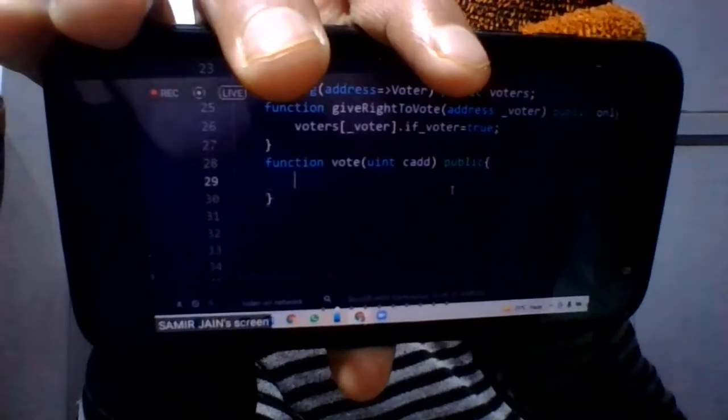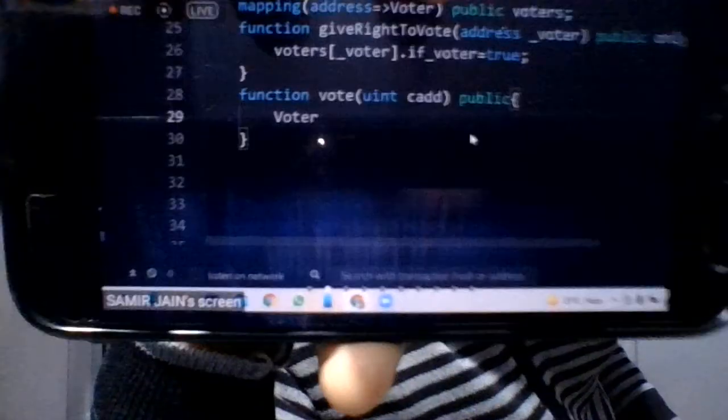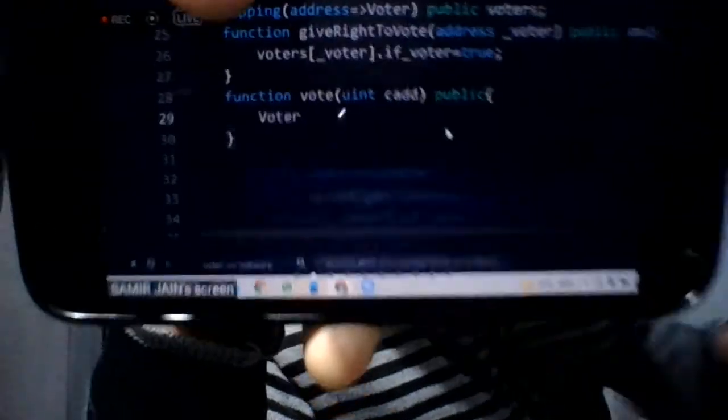So for that, first, we will be calling this function, and the voter should be created first. So we have to add a storage variable. I'll tell later. So vote equals to voters, message dot sender, whoever is calling this function.